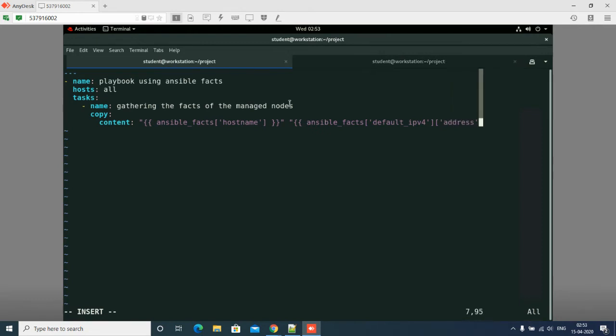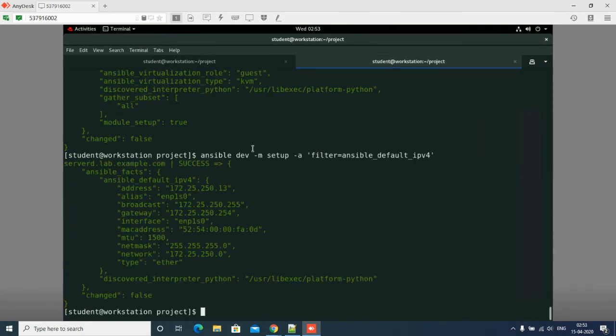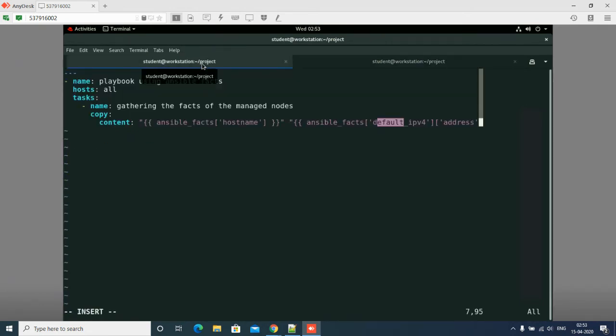Inside ansible_facts I have default_ipv4, and inside default_ipv4 I have something called address. I want to call particularly that. Like this way I can call multiple variables, multiple facts to do my work.